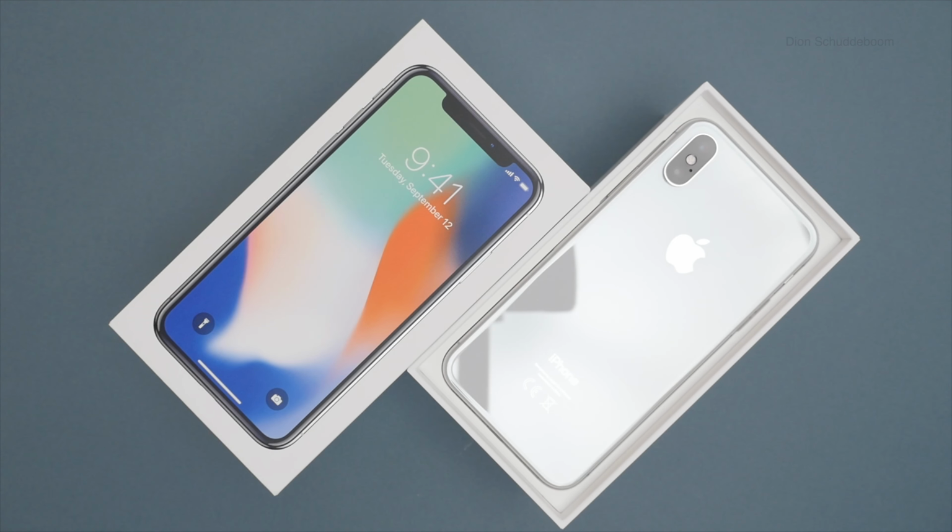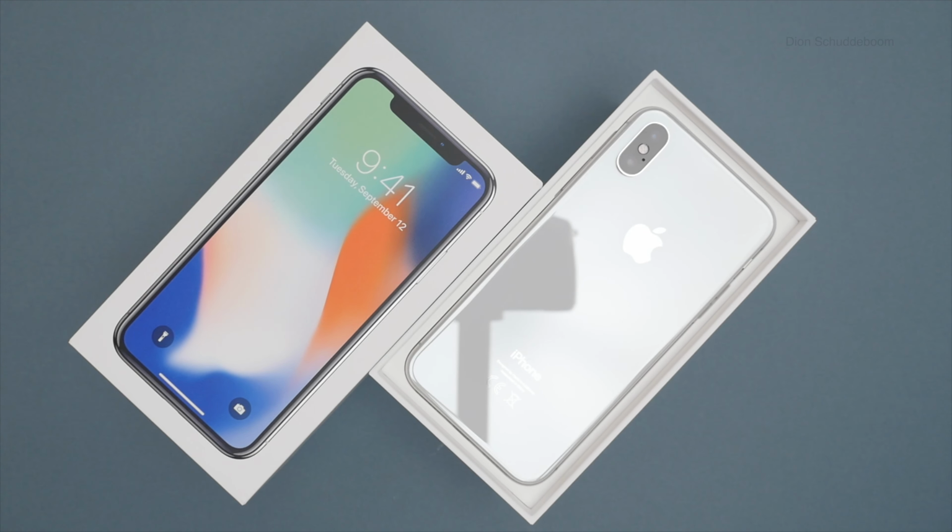I will take you through my review of all of its key features and how they perform today, by the end of which I will answer that crucial question of whether it is still worth buying the iPhone X in 2021. The iPhone X brought unprecedented change to the iPhone line, and most of this change lies in the physical